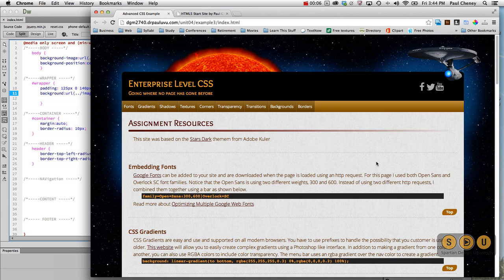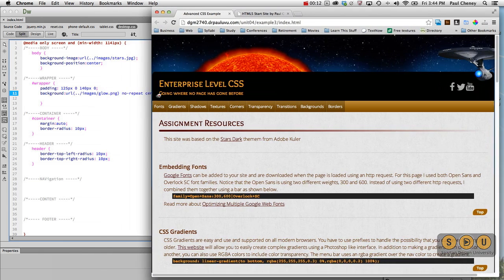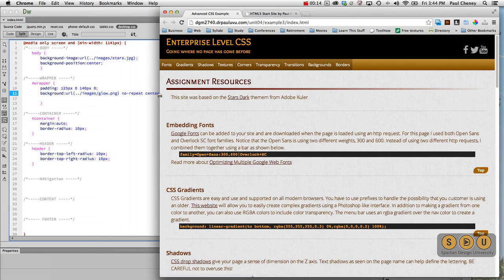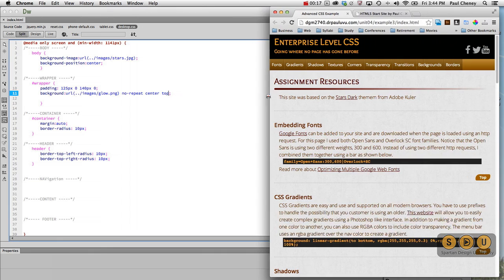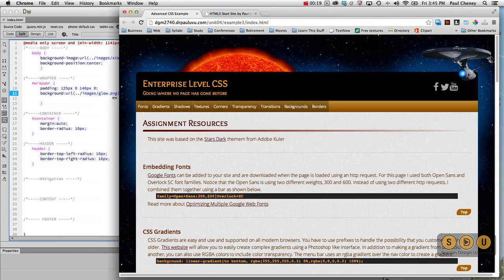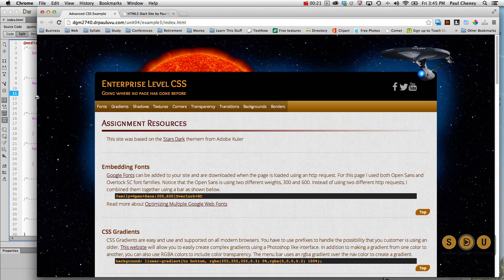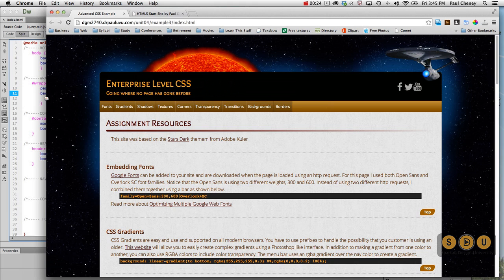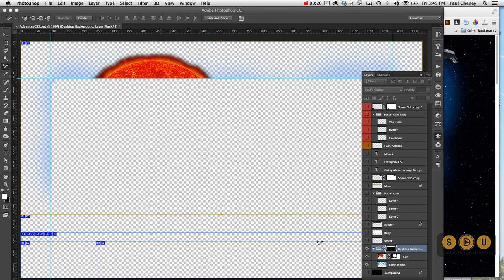Next thing we're going to do is put our spaceship up here in the corner, but remember it only loads on the desktop version of the site. We're not burdening our phone or our tablet with that extra imagery, only the desktop, because they usually have much more bandwidth. Back into Photoshop,